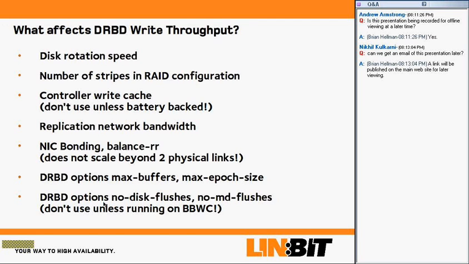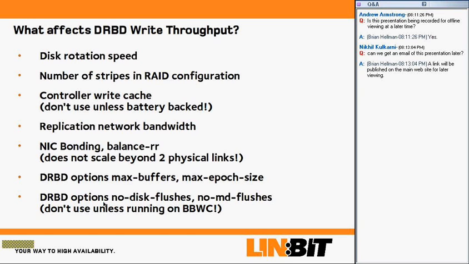So the first thing, obviously, is you want to use a back-to-back connection whenever you have it available. You want to use gigabit Ethernet at least. If you have an even greater throughput or bandwidth network available, such as 10 gigabit Ethernet, it's a fine idea to use that too. However, if you want to multiply your replication bandwidth by using